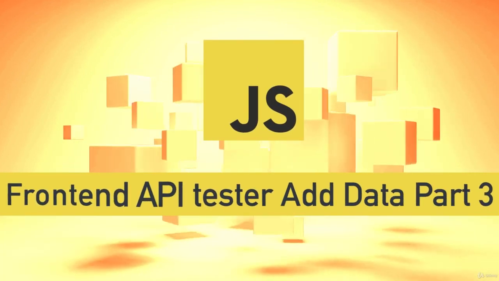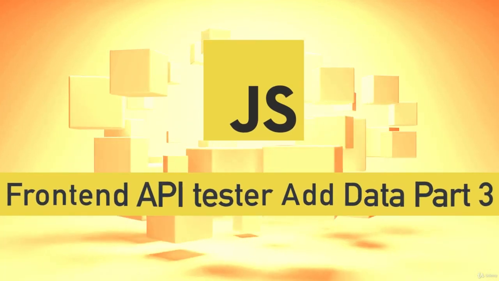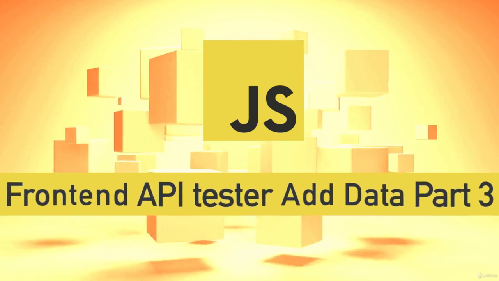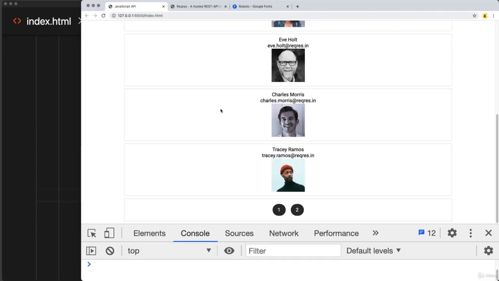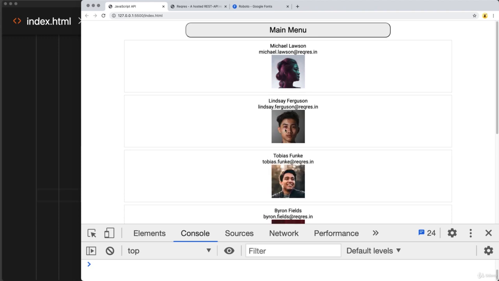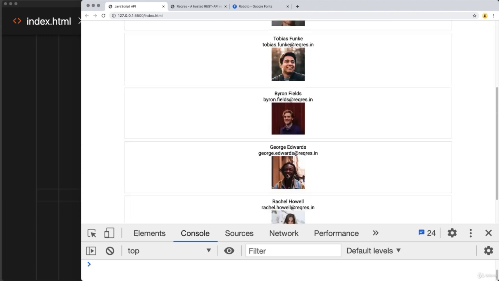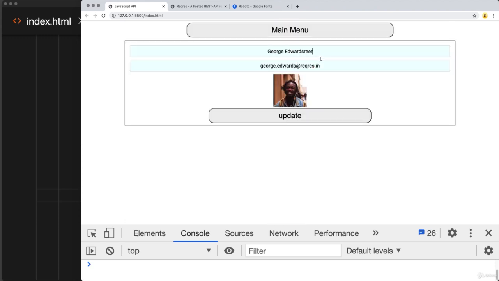So in this lesson, we are going to be concluding our interaction with the Frontend Tester API. What it's doing is loading some dummy data. We can move through the dummy data, make a selection of any one of the users, and update and interact with the content for the user and make updates to it, and then take that